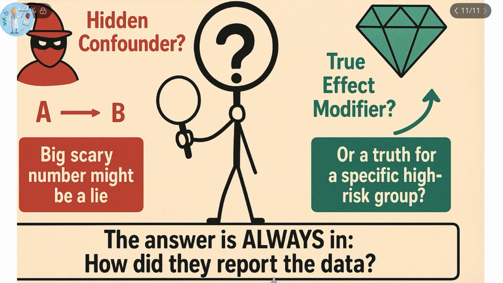The next time you read a study and the results seem maybe a little too simple or a little too scary, ask yourself a question. Could this big, scary number be a massive lie caused by a hidden confounder? Or is it actually a nuanced truth that only applies to a very specific high-risk group? The answer is almost always in how they report the data,